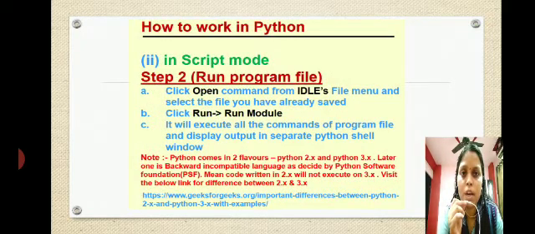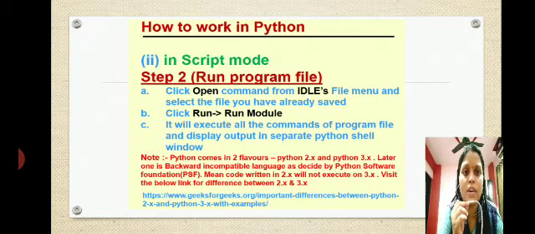Second is how to run the program in script mode. After writing the program, your second step is to run the program. There are two modes for any programming language. One is for the writing purpose, one is for the running purpose, and this run mode is usually provided to the users. You can see any apps or game software that you are using, you are never getting the backend programming. What you are getting is the run mode of the program. You are simply double clicking it and it starts because that is already in the run mode. Similarly here in programming, after creating the program we have to run it and check for errors.